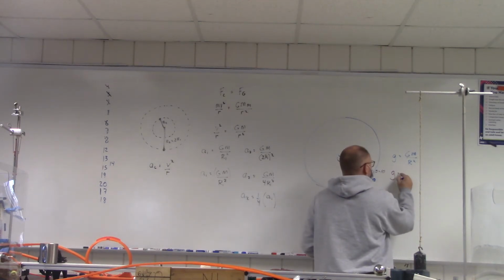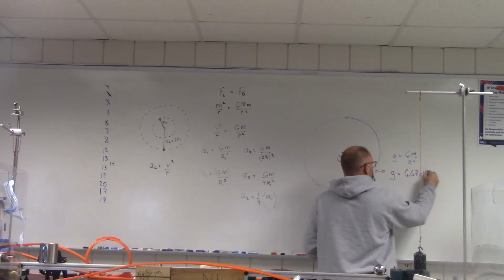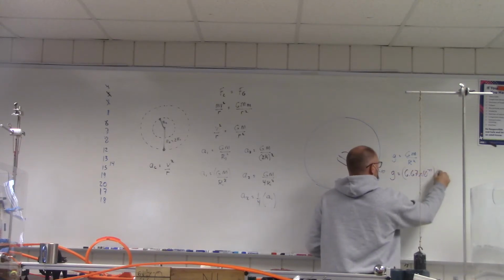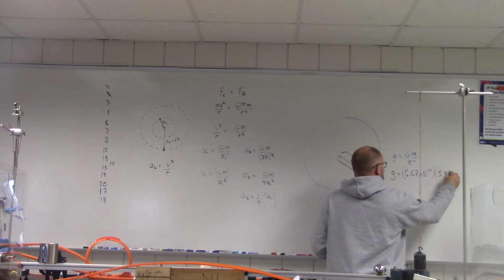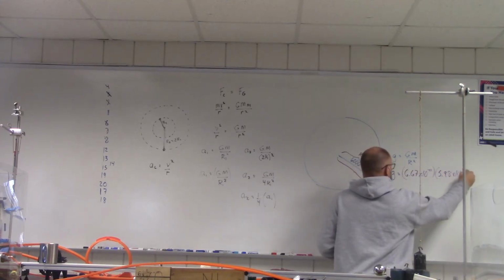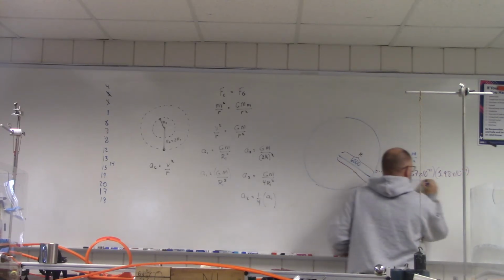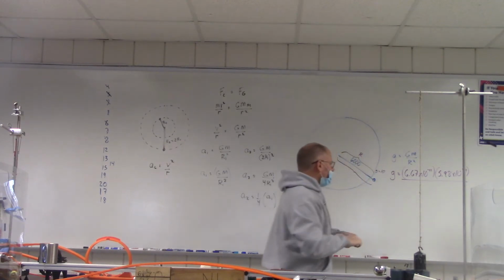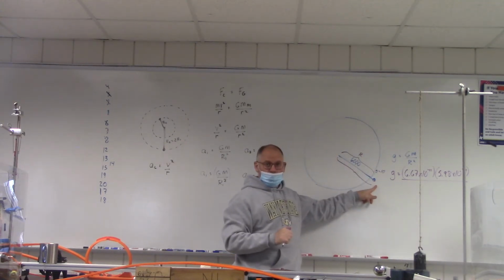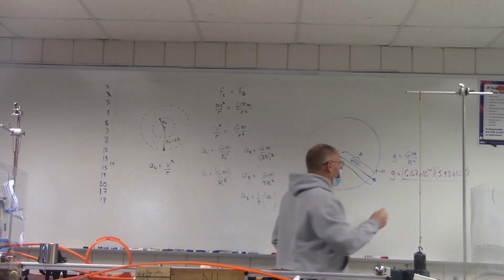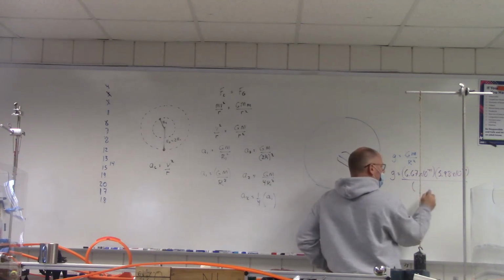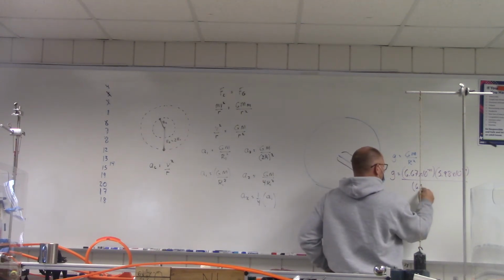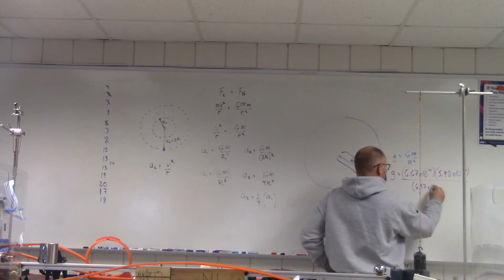So, big G value, 6.67 times 10 to the negative 11. The mass here, 5.98 times 10 to the 24. Now, let's calculate it right here. All right? So what is my R value? Well, I'm going to have to go the radius of the Earth, which is 6.37 times 10 to the 6th,